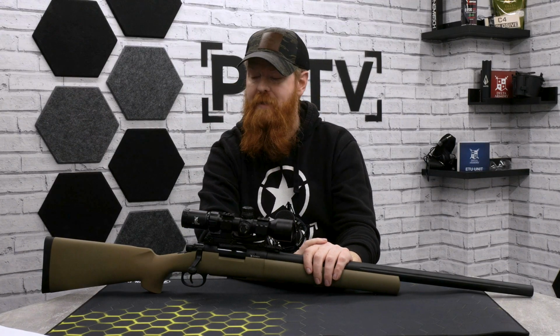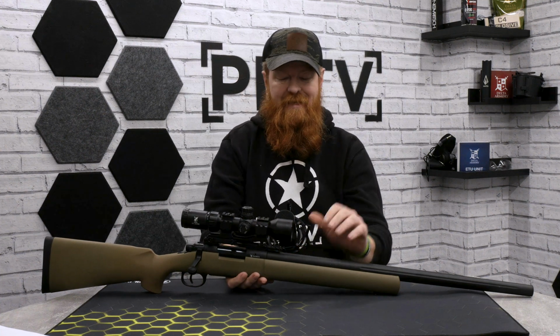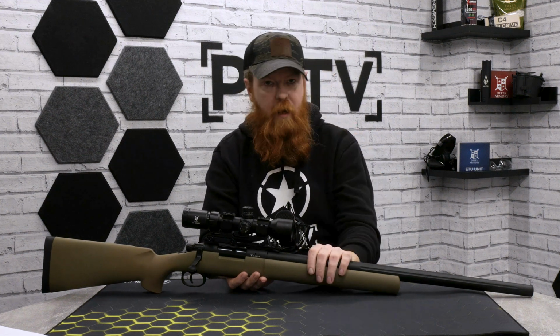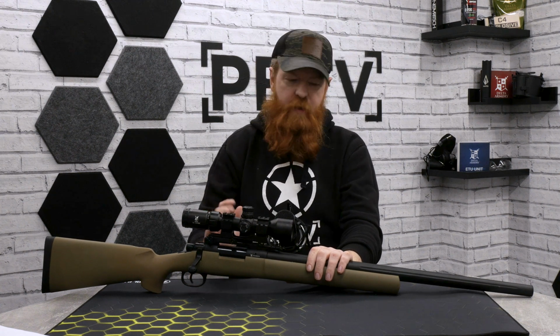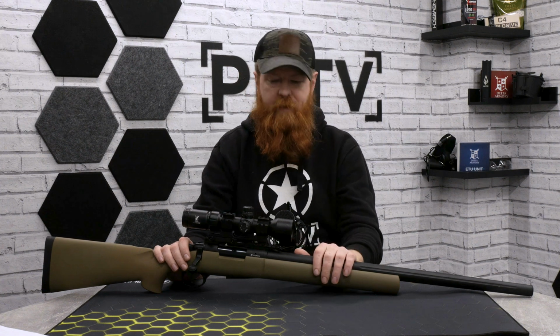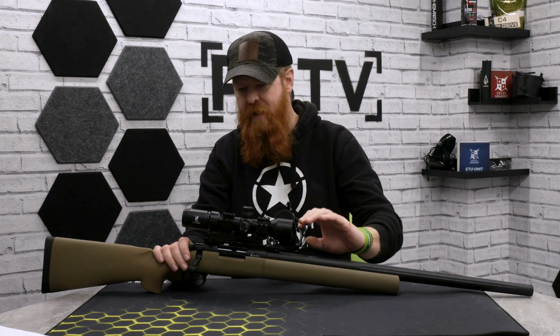We've not looked at sniper rifles for some time. We've usually been sticking to the gas rifles or the AEGs for a while, but we have had Delta Armory's new M24 R700 bolt action rifles in for a little bit now, and they disappear really, really quick. So now that we've got them back for a little bit, we thought we'd jump one on the table, have a little chat about it, take it to our outdoor range, maybe throw a run cam on it,